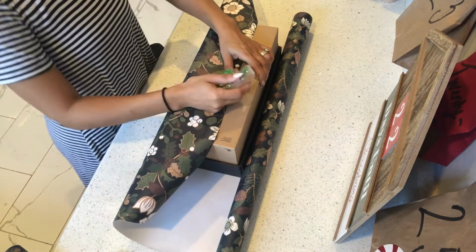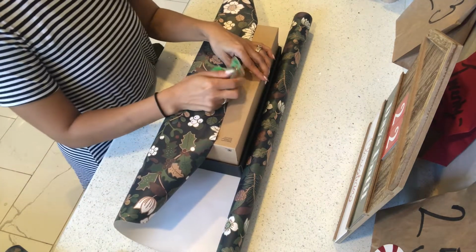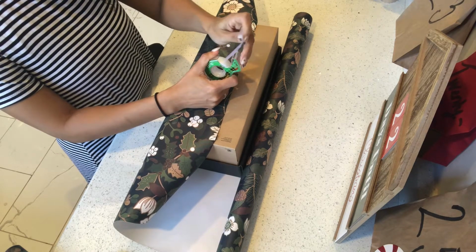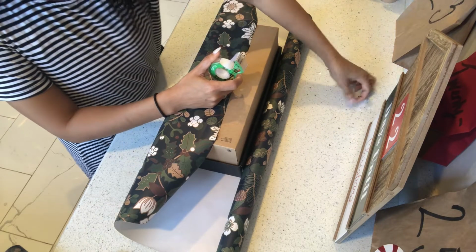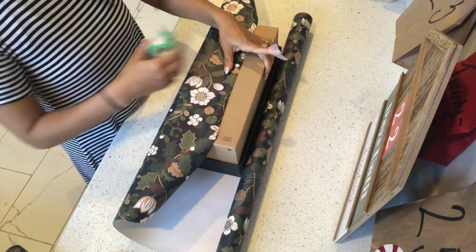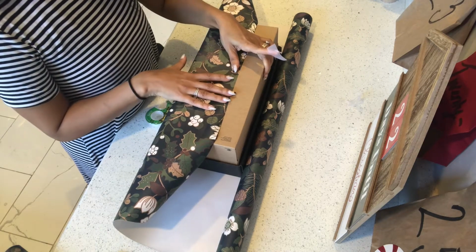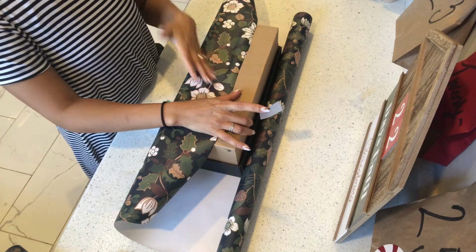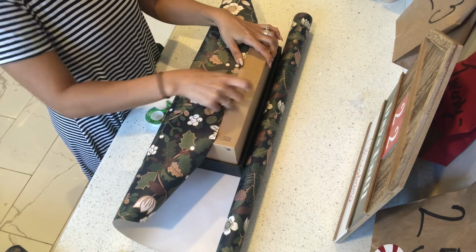So this is where it comes into a tape war. The best gift wrappers can wrap with 3 pieces of tape. I can wrap with 3 pieces of tape most of the time, but for teaching purposes, we're gonna do a 4-piece tape method. You're gonna take down the first side,